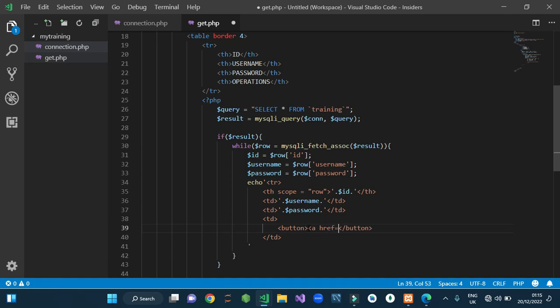I do this and I give this, then I call the delete.php with a question mark, and I say deleteid like this, and I say is equal to,